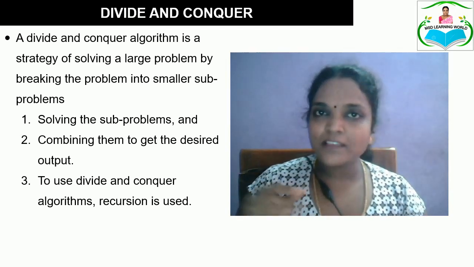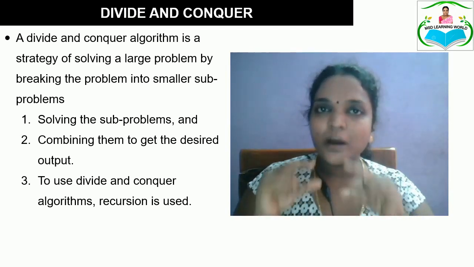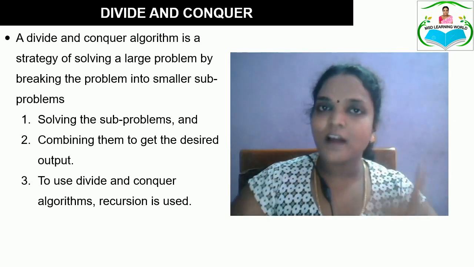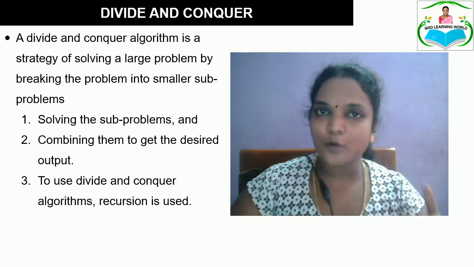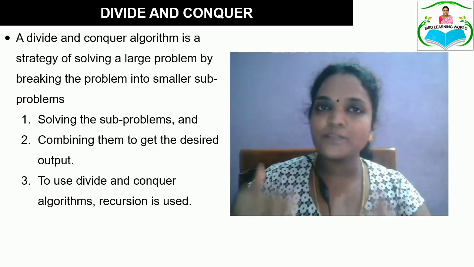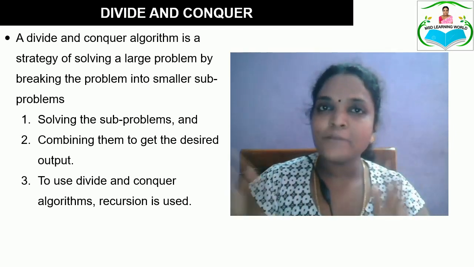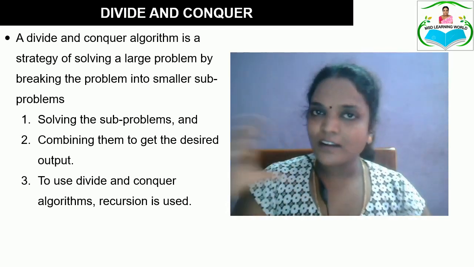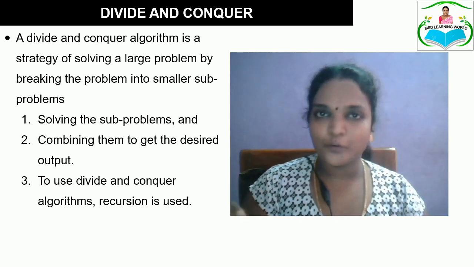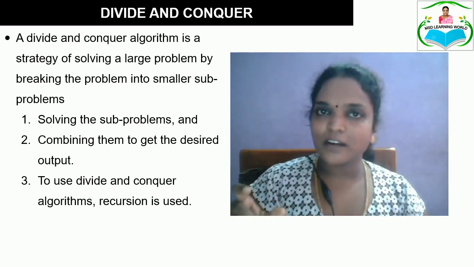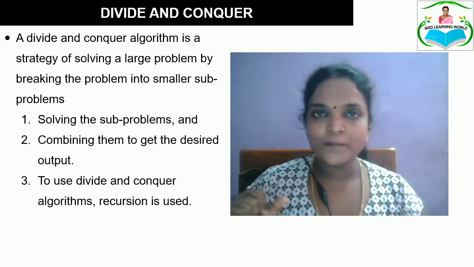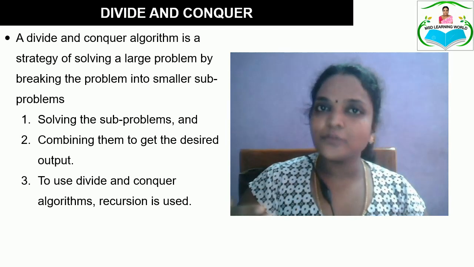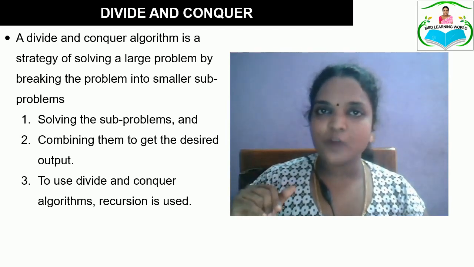As the name implies, we are going to divide the larger problem into several sub problems, and the sub problems are again divided into other sub problems, and then each sub problem is solved separately, and then we combine the solutions of the sub problems, and at last we get the desired output. This is what the divide and conquer method does. Even in our normal real life problems we try to use this divide and conquer methodology.